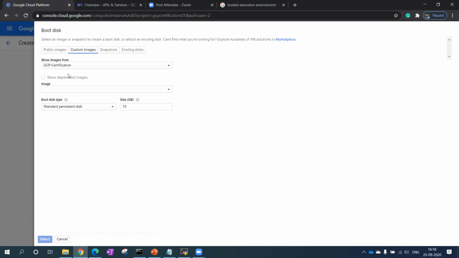You can create your own image and use that image. For example, I already created the image, but I can create a new one. In this demo, you can select this image and create your own VM by using this image. But I don't want to use it right now. I don't have any plan to use that. So okay, let me go here.